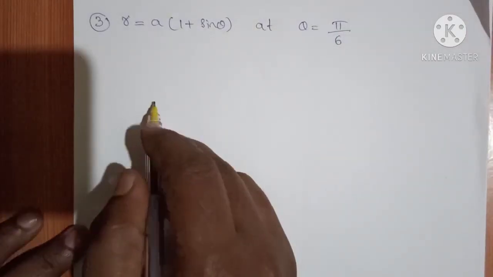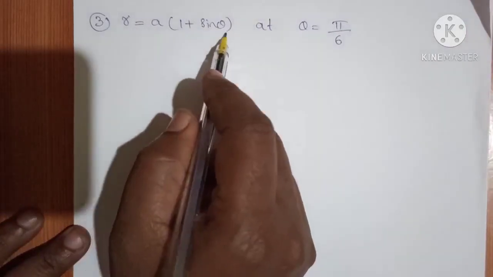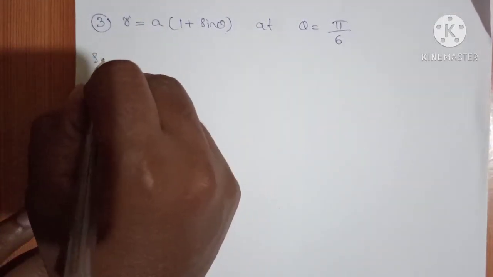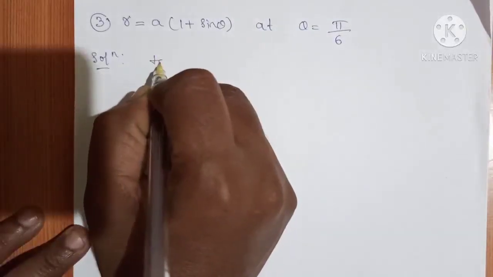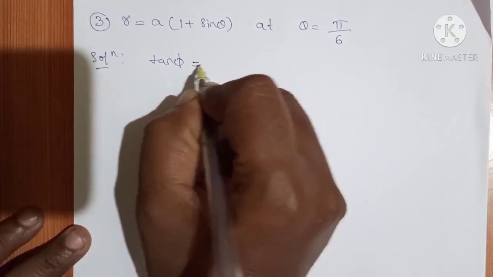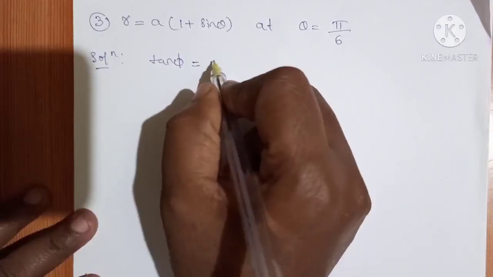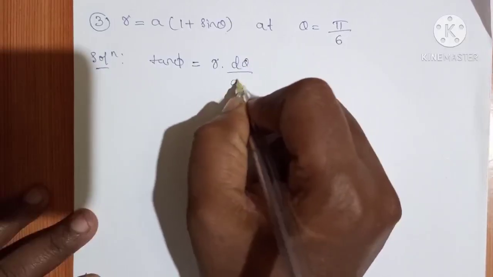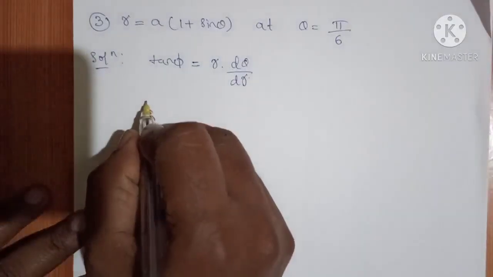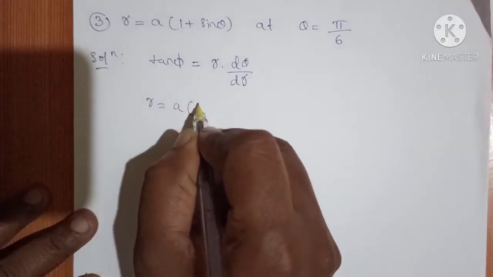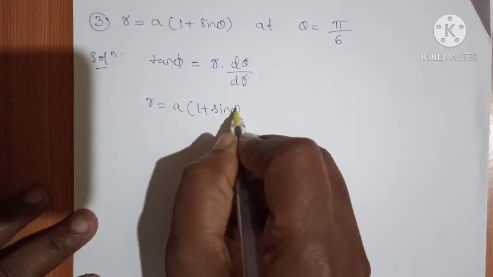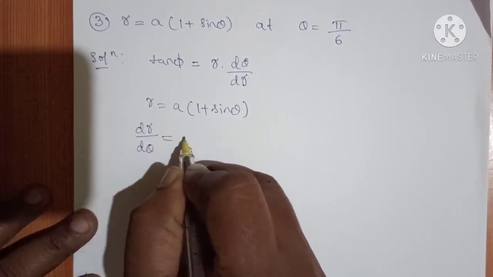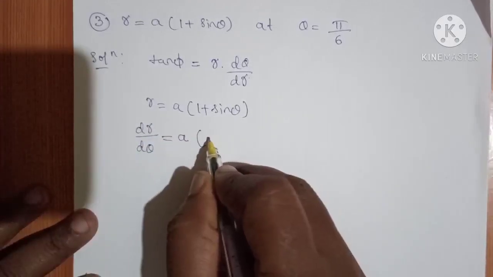Next problem, r equals a into 1 plus sin theta at theta equals pi by 6. Solution: we have tan phi equals r into d theta divided by dr. The given curve is r equals a into 1 plus sin theta. Differentiating with respect to theta, we get dr divided by d theta is equal to a, which is constant, into the differentiation of